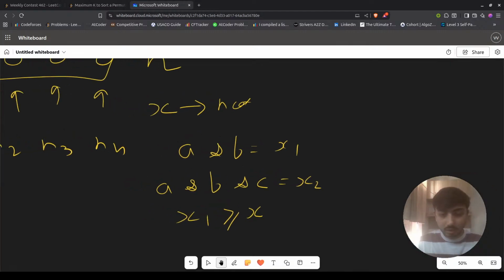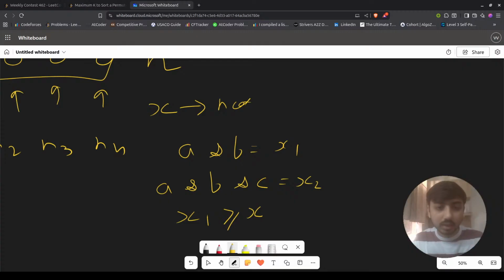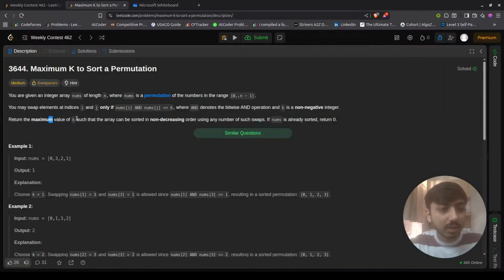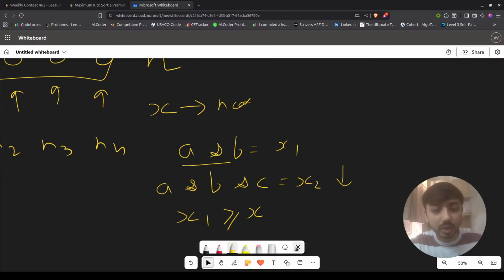So what the property says is that with bitwise AND of more and more numbers, you will get a lesser number. And we need to give the maximum possible value of x, and we need to ensure that we have touched all the elements. Then it simply tells us that